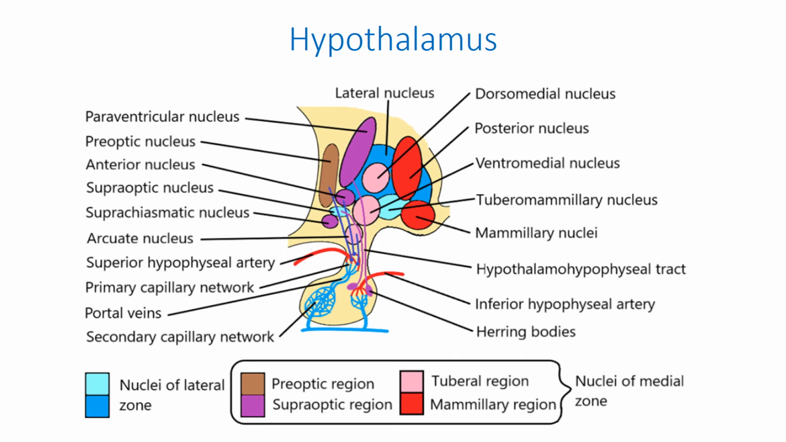The gray matter of the hypothalamus consists of numerous hypothalamic nuclei. Due to their various connections with different parts of the CNS, the hypothalamus ensures many important functions, including control of